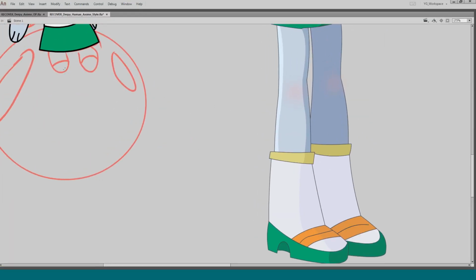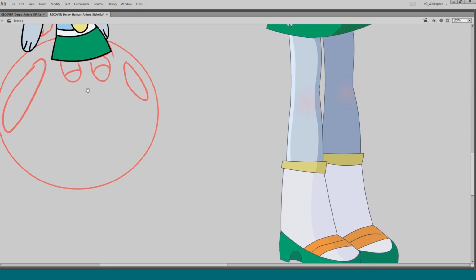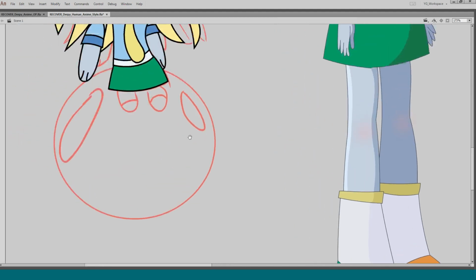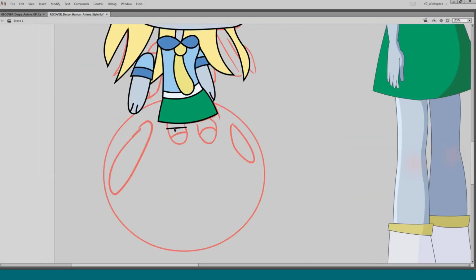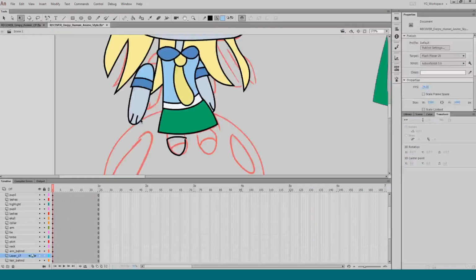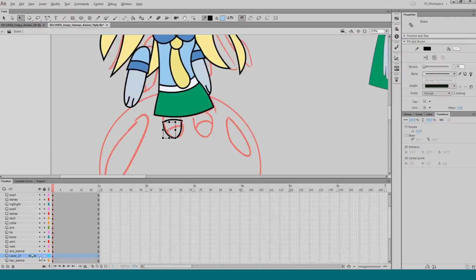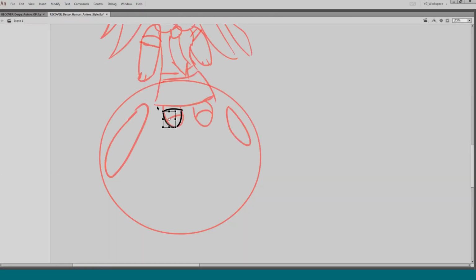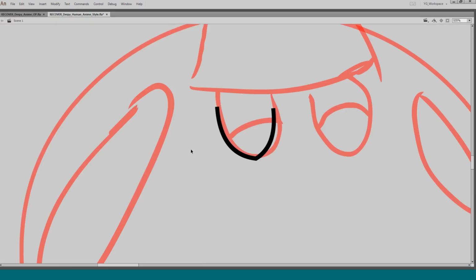Just want to figure out how to... Yeah, I just wanted to keep the leg as simple as possible. So I kind of don't like this shoe. I didn't really like the original versions of the Quester Girls shoes and stuff. It just felt too toy-ish, like how you would design a doll instead of a cartoon character.